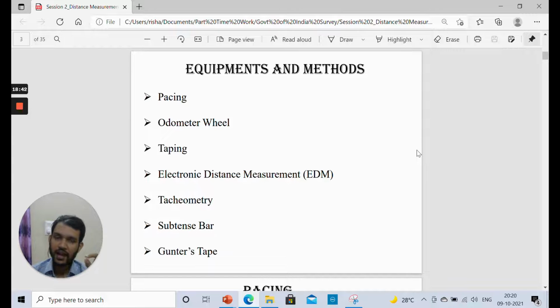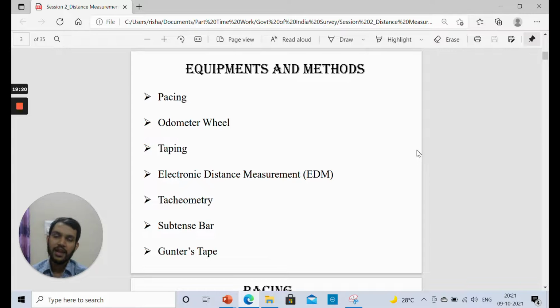We get the angular measurement using a theodolite. When we look at the two opposite ends of the subtense bar, we get to know the angle between the two readings, top and bottom of that bar. Since the angle enclosed is known to us, and the horizontal distance between the two ends of the bar is known to us, then using trigonometry we can easily calculate the horizontal distance between those two points. I will show you with the help of a line diagram or figure how we can calculate the horizontal distance between two points using the subtense bar.